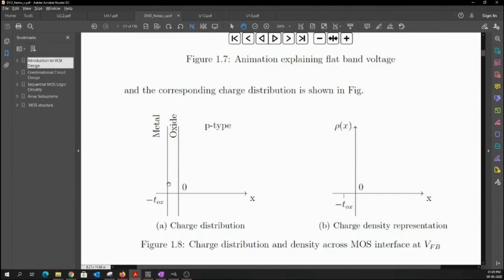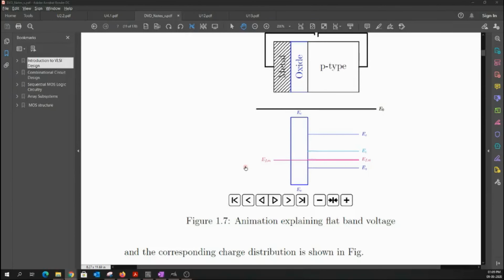So it is this particular voltage at which I don't have any charge carriers across both the sides of the oxide, and due to which the electric field across the oxide becomes zero. For a p-type semiconductor, the flat band voltage would be on the negative side. If this is an n-type semiconductor, then the flat band voltage would be a positive voltage. Okay, and these flat band voltages will map onto what is known as CV characteristics in tomorrow's class.